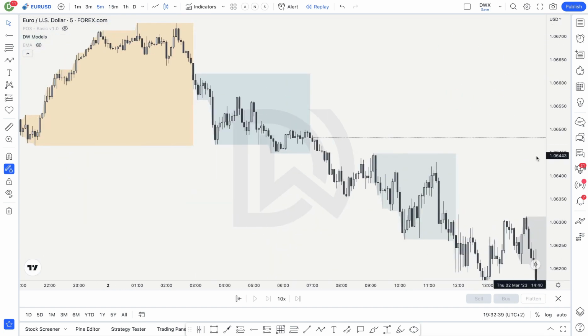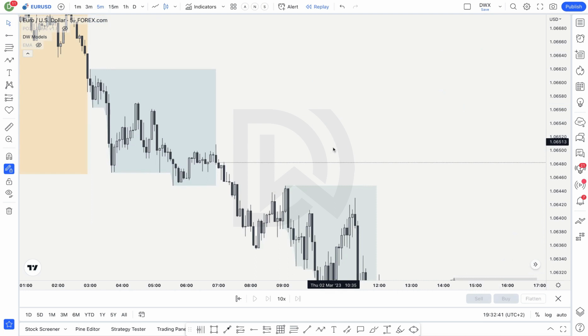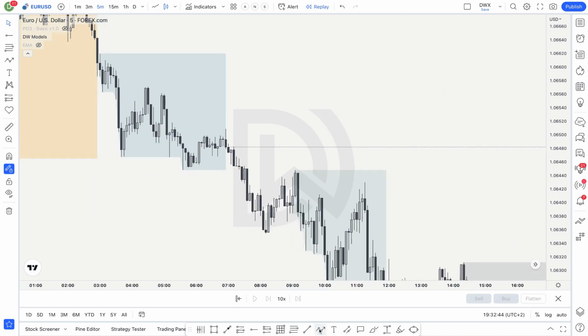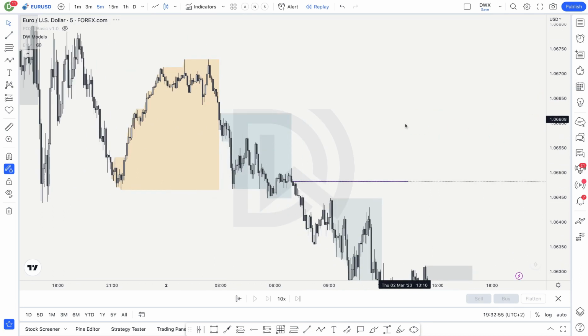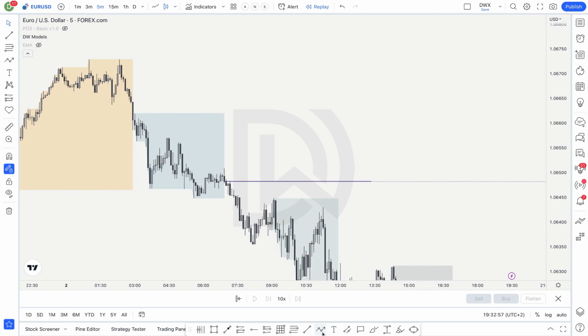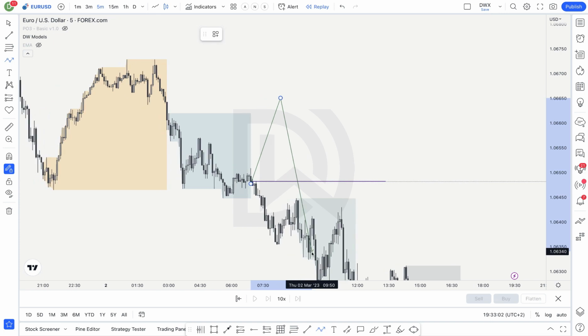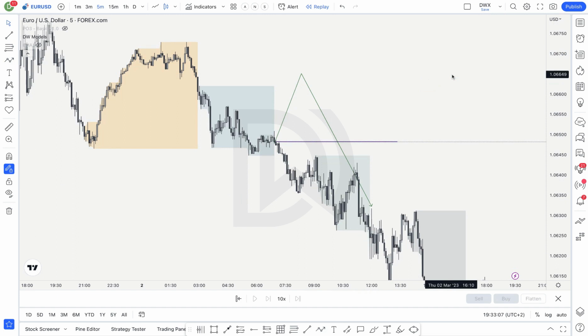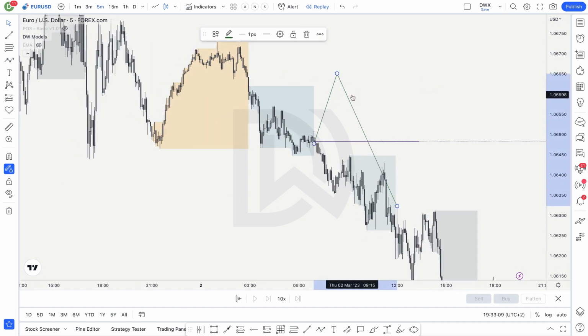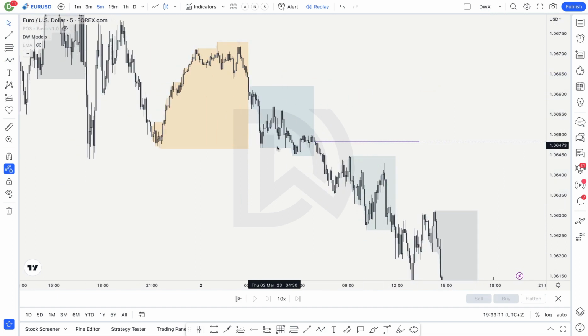So as per the ICT power of three, what we want to see is at the open, there we have the midnight open of the New York session, which is 12 midnight New York, 7 a.m. GMT +2 local time South Africa. So if we're short buyers, we want to see a run on buy side liquidity above this level and then see price trade lower. That's the ICT power of 3 model. But we do not see that. That's one of the models that I like to incorporate into my trading.